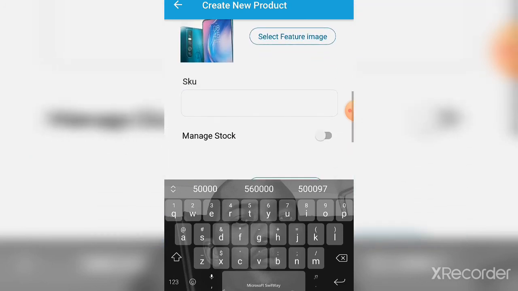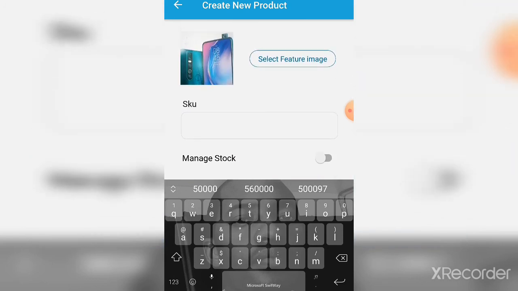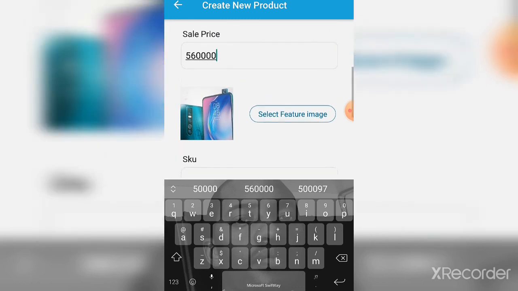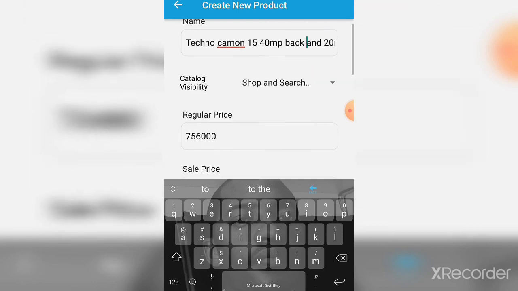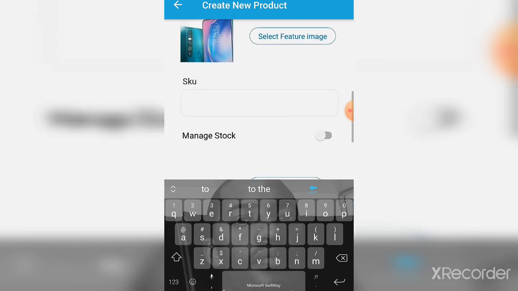And the SKU, which is the stock keeping unit, please listen to this. Please make sure that for the stock keeping unit, you only have to put the name of the product. And here it is Techno Common 15. It's just enough, because